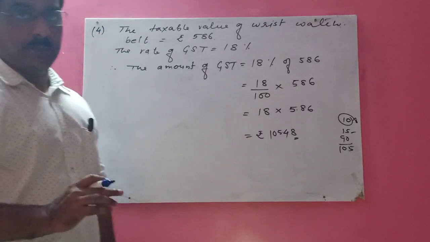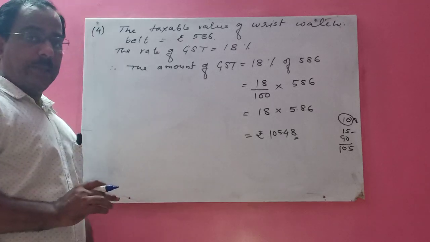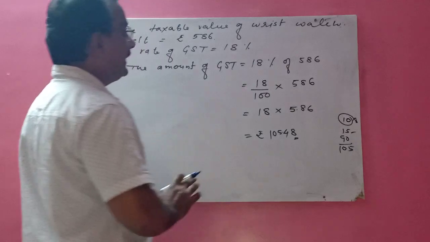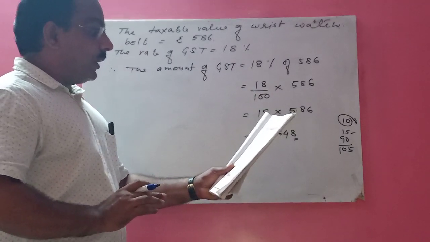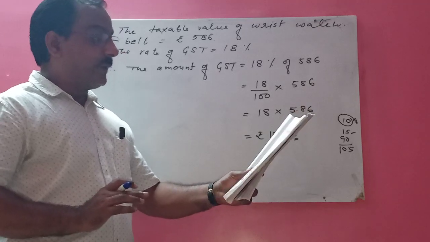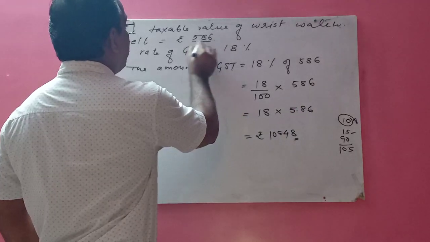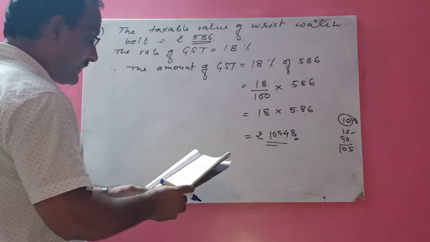This is the GST amount he has to pay. Got it? 105.48 is the GST amount. The question is, what is the price of the belt for the customer? So for the customer, he has to pay this amount and this amount. So here what you will write? The price of the belt